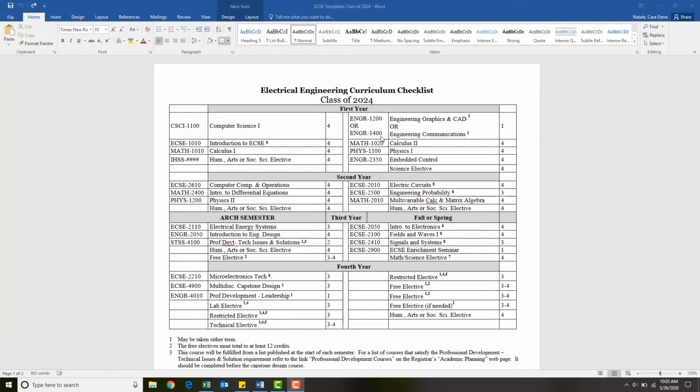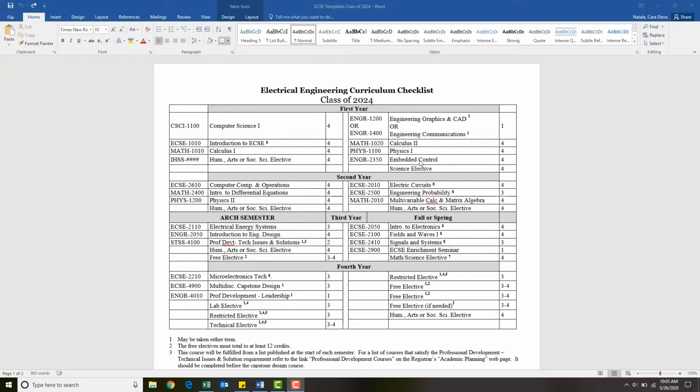In all cases for electrical engineers, I recommend taking Engineering 1400. That could be done either this fall or in the spring, so that's just a personal preference. As I mentioned earlier, Physics 1 has no prerequisites, so you can absolutely move that up to fall, and if you have AP credit for Physics 1, then you could potentially move on to Physics 2.